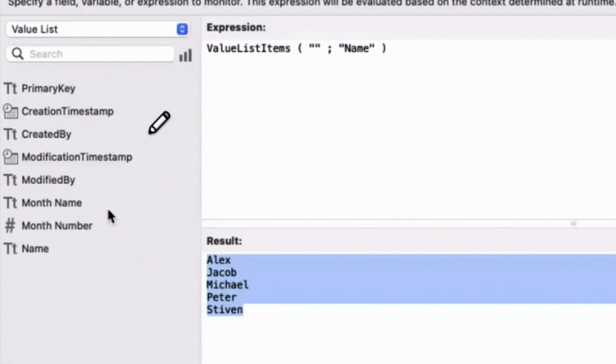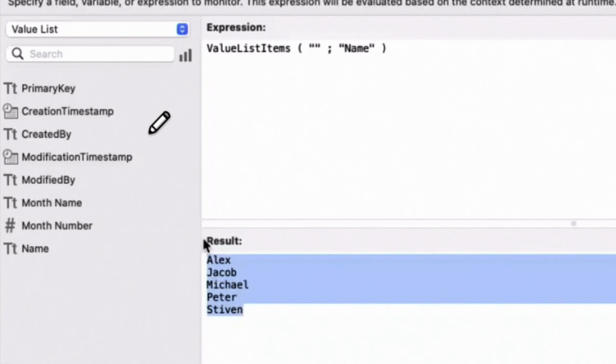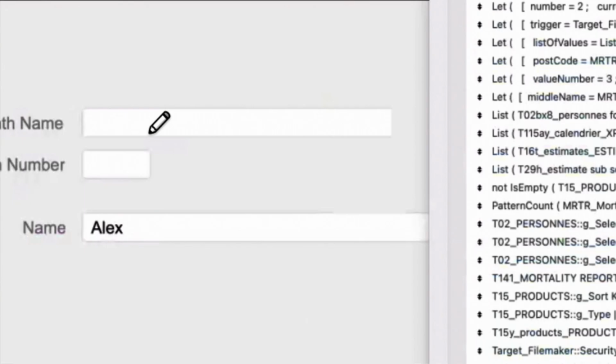You can take whatever the value list is going to return and use it in a calculation. So now you will say, okay Nick, what am I going to do with this? I'm going to show you.